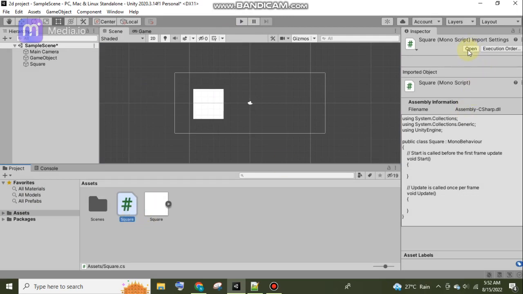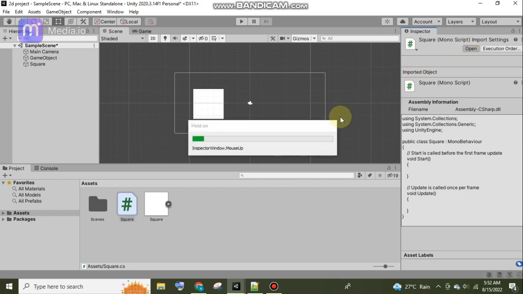For that we can open this code. The open button is available in the inspector. Click on that open button. For the first time it will take a little time to open your code, so we have to wait.